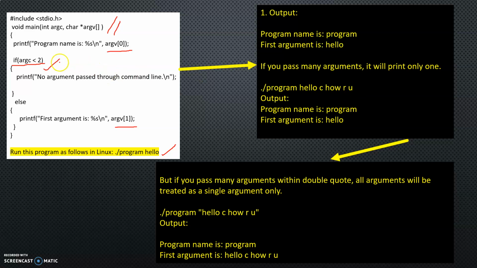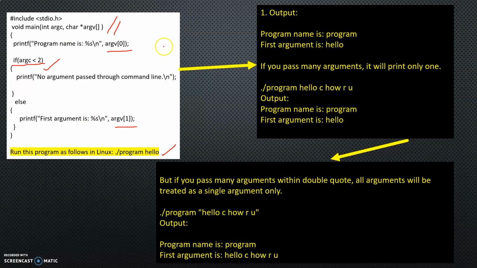Why? Because of the condition you have given here. If I change the condition to 3, then it will take 2 elements. If I make it 4, it can take 3 elements. When the counter is less than 4, it can take 3 elements in this way.